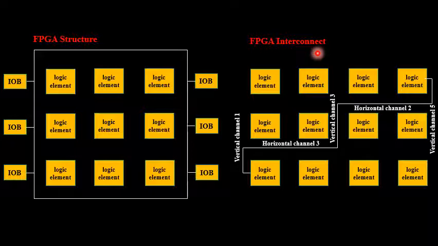Whatever output they prefer or predict, according to that they can start designing the wiring system. But in FPGA interconnects, since wiring is a global property of any kind of logical design, we are going to follow a semi-custom type of design. Semi-custom type of design in the sense that I do not have an entire liberty to choose the wiring, that is the width or length of the wiring system, according to my own wish. Rather than that, I am going to use the pre-designed wiring system. So a pre-designed wiring system will be available, and we are going to make use of that wiring system to make the interconnection between each and every individual logic element.